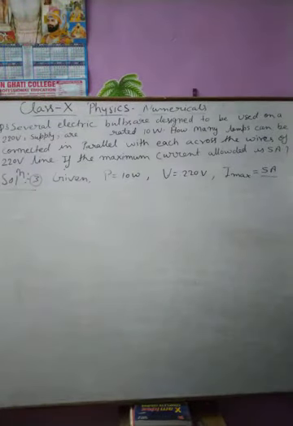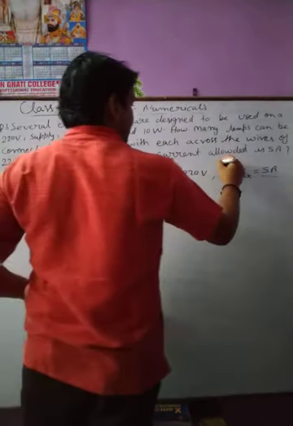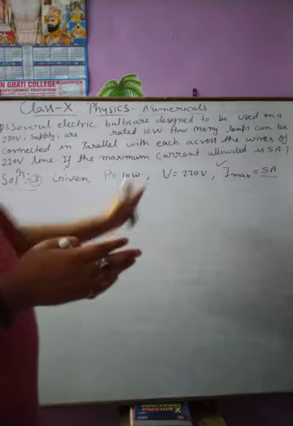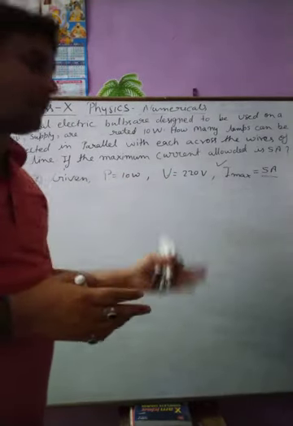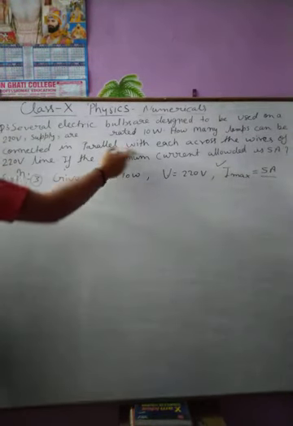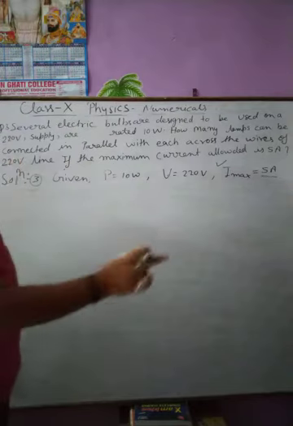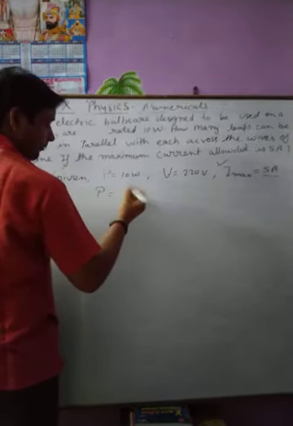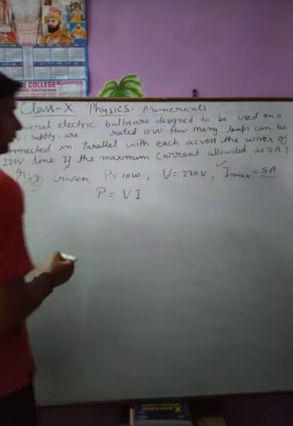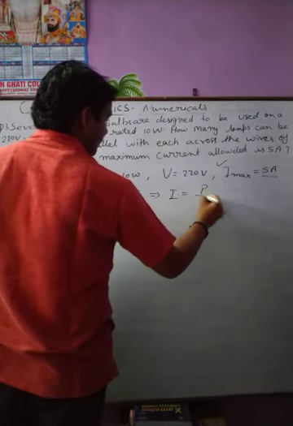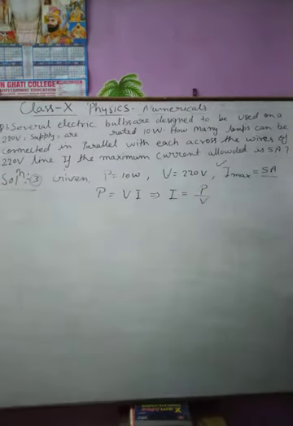In this question, the idea given to us is that we have to calculate the value of current, then we are going to calculate the number of bulbs, using the maximum current upon the current taken by one bulb. So first we need to calculate the current drawn by this 10 watt bulb from the 220 volt source. We have the formula P = VI, so the value of I is P upon V. Is it clear or not?